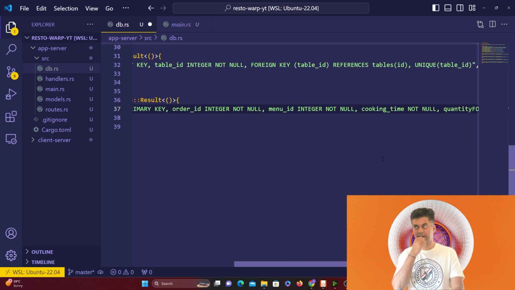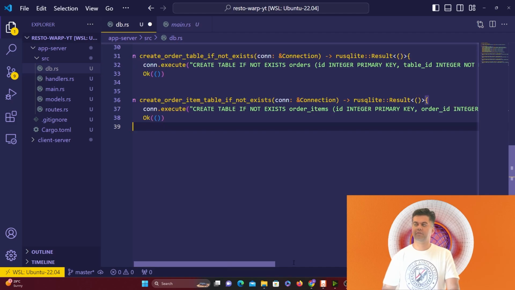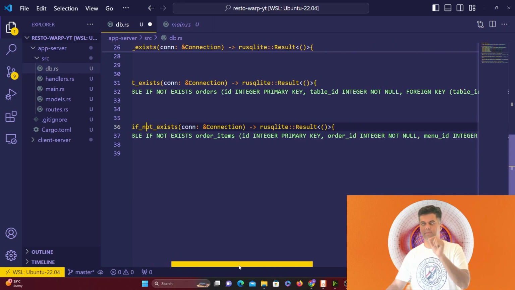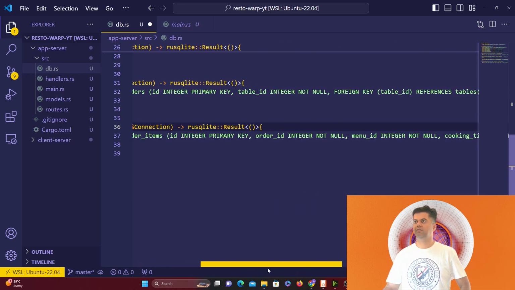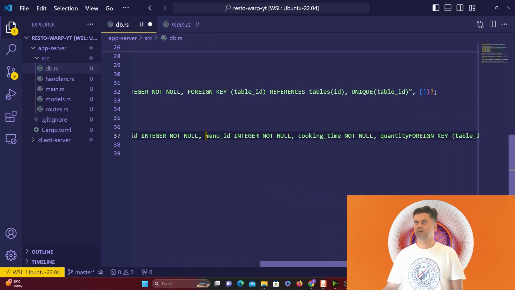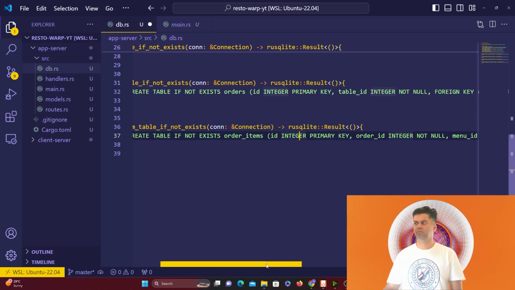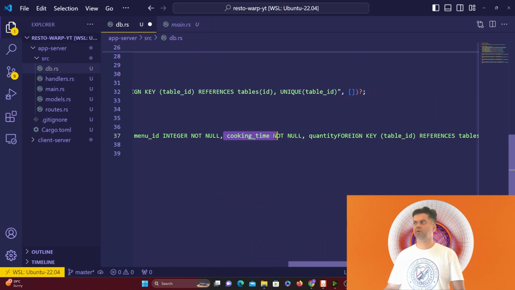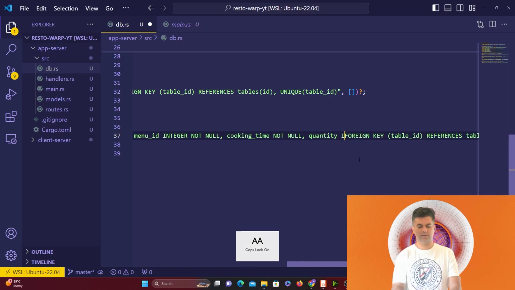So these are all the things that I have in the order item. So I have an order for a particular table, and then I have the order item in the order. So the order item basically will have the ID, the order ID, the menu ID, so which menu it belongs to, which order it belongs to, okay. And then it has the cooking time for that particular order item, and how much quantity is required. So let's say if you're ordering pizzas, you'll say quantity 2 or 3 or something like that, and quantity will be integer, not null,